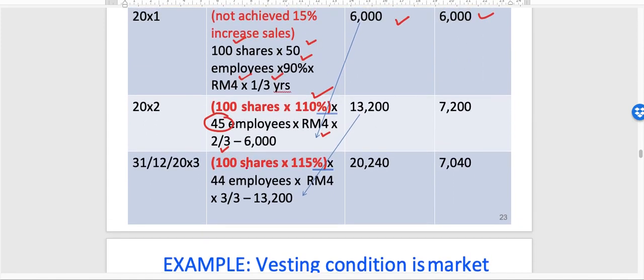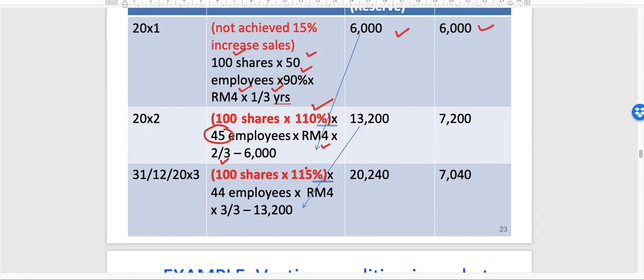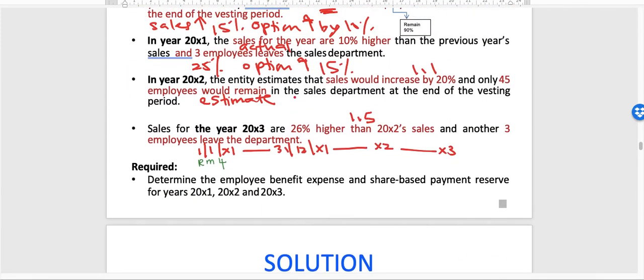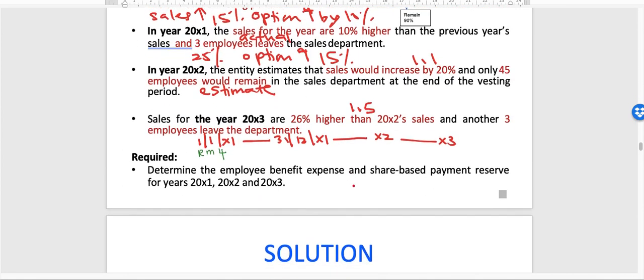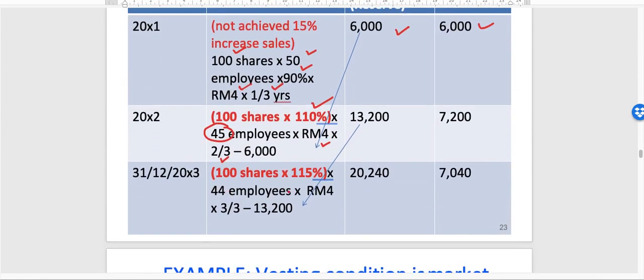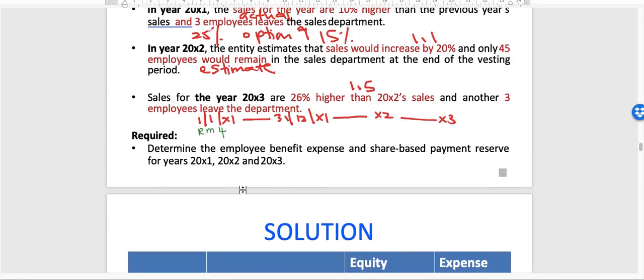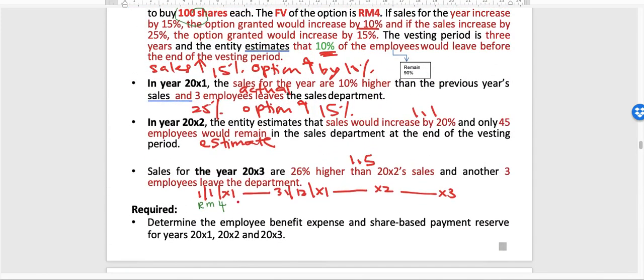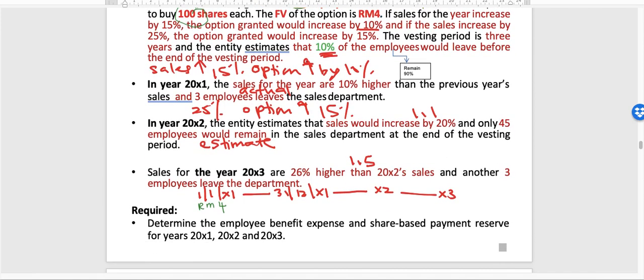In the third year, 100 shares, and we times with 1.5 because we achieve the 25% performance condition, and the same share price times 3/3, times with 44 employees. So how do we get these 44 employees? The third year, which is the final year of the vesting period, you should take the actual employees left in the company. So the original number of employees is 50. So you will minus with